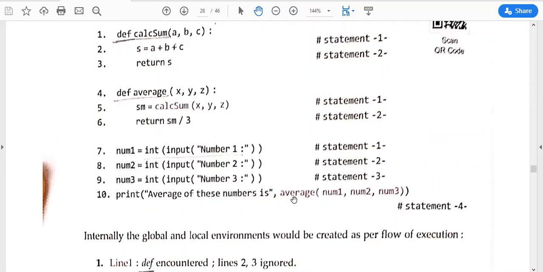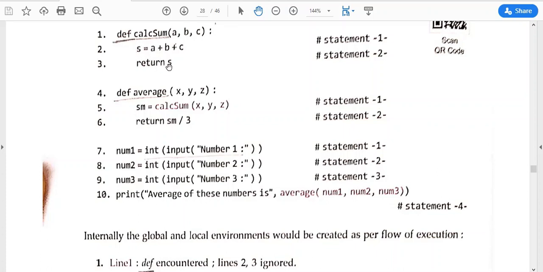Where is the function definition? It is here. So num1, num2, num3, these values will be passed to x, y and z. Okay, when it enters inside this function, it will call calcsum. This is again a function call, with whatever x, y, z has received for average. Firstly the sum has to be calculated, then we need to calculate the average, right? So in average, the summation of the variables should be done first. So as it is receiving the values, it is calling the function calcsum to add. Okay, so these 3 values are passed to calcsum also, then x, y, z are passed to a, b, c.